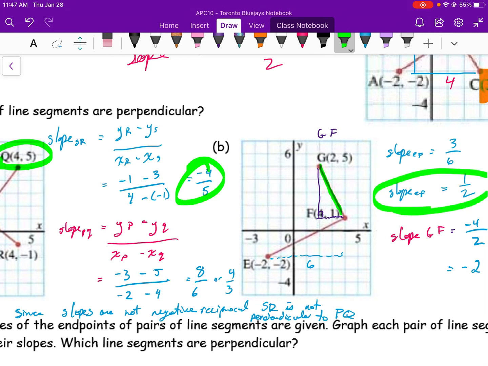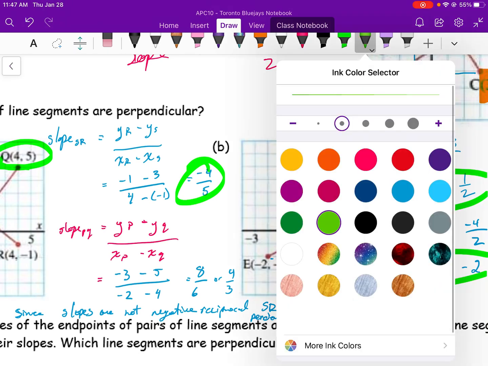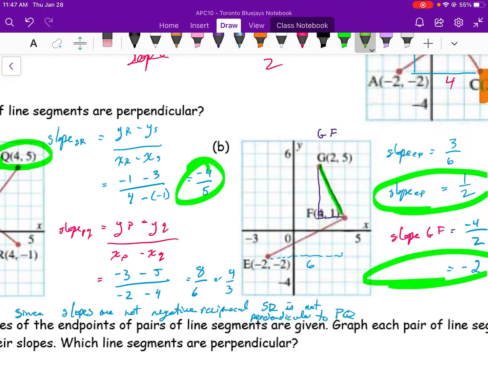What we notice about the slopes of EF and GF is that they are negative reciprocals. So therefore, I'm going to write this in a more formal way: EF is perpendicular to GF. All right, if you have any questions, make sure you